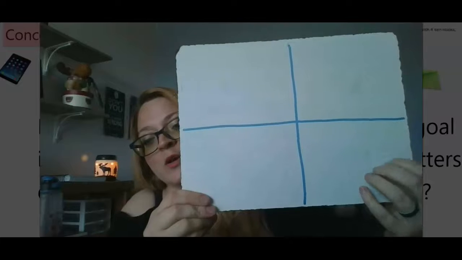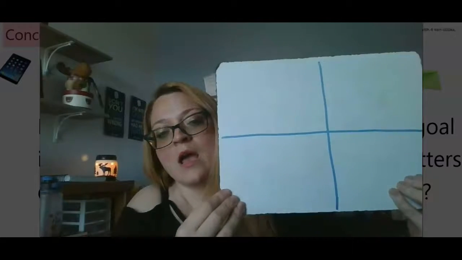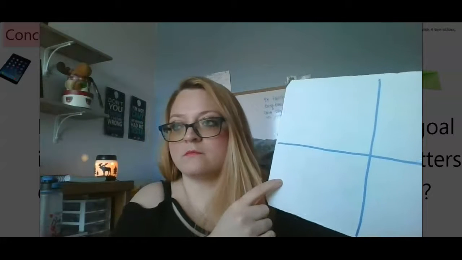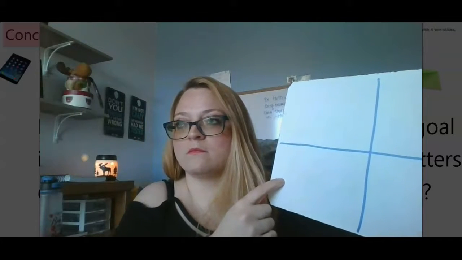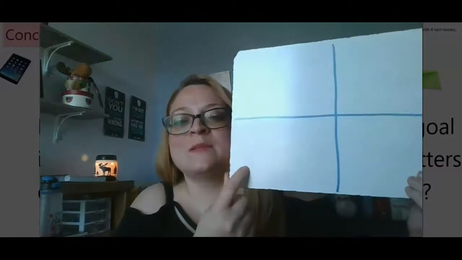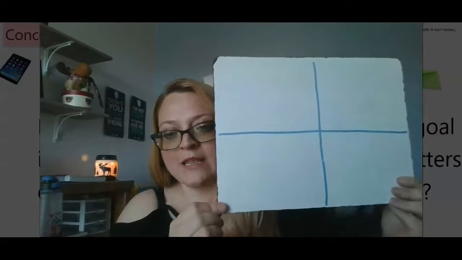Here's where we're going to put our number sentence, and then finally here is where we are going to do our statement of solution. I don't know why that was so hard to think of, but it's basically just the answer to the question. So go ahead, get your paper looking like this, get your whiteboard looking like this,